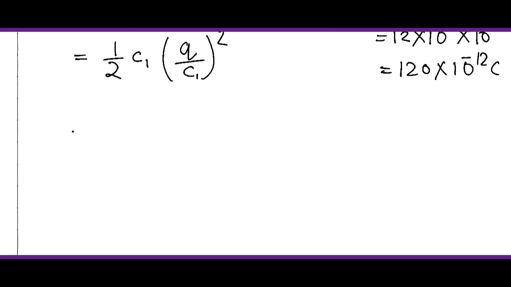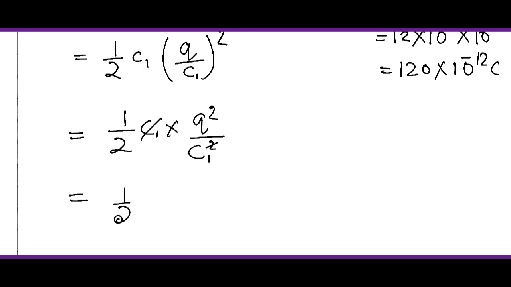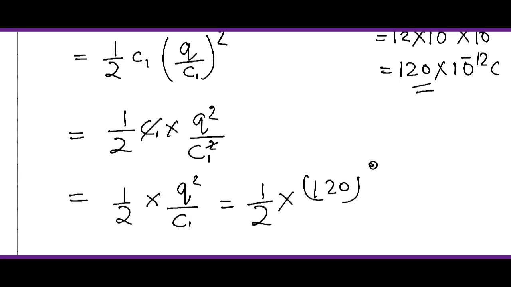Okay, or we can write 1 by 2 C dash into Q by C dash square. So one C dash will be cancelled. So we can write half into Q square by C dash. Okay. So this will be half into the charge we have calculated here. It will be 120 whole square into 10 to the power minus 12 whole square divided by the C dash, and C dash is,